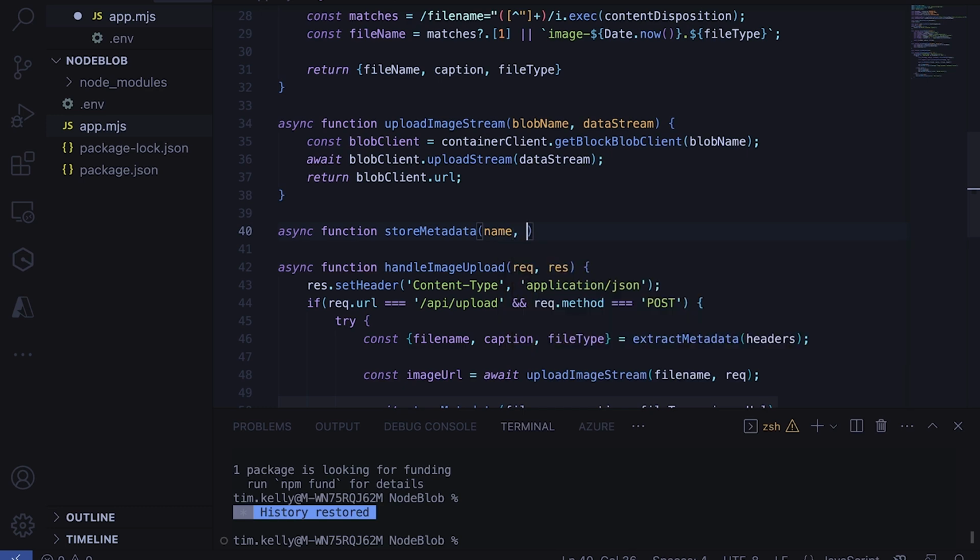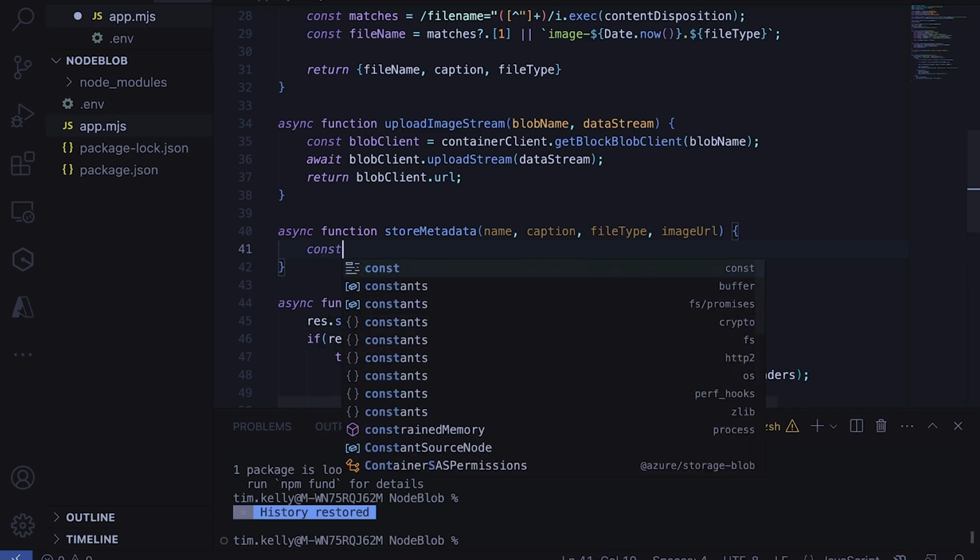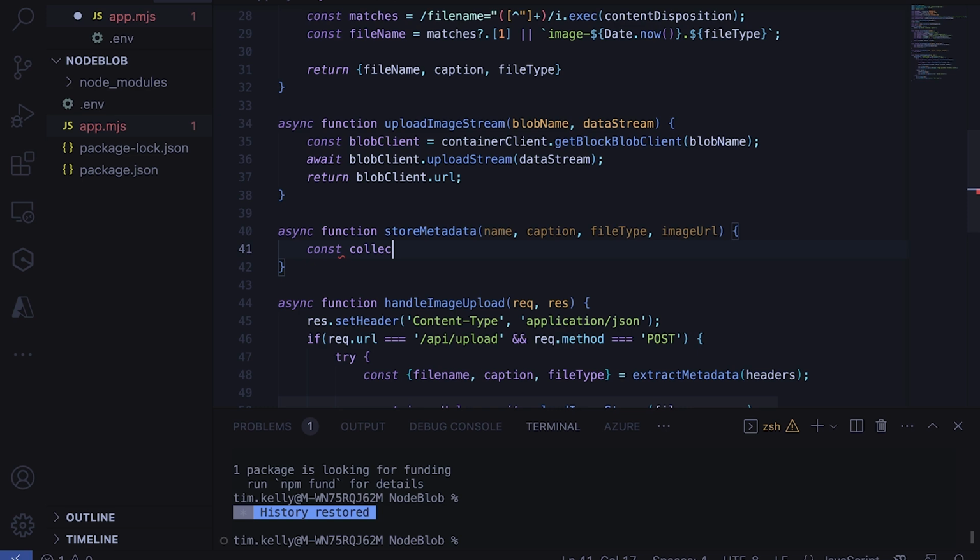So name, caption, file type, and image URL. Now again, if you're following along with this tutorial, you may want to use the same metadata fields as I'm using, but for your own applications, you can store whatever data you need. So for this, we're just going to go const collection, and we'll use